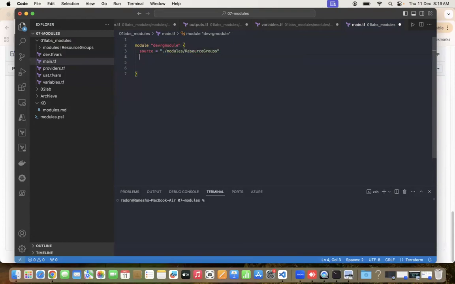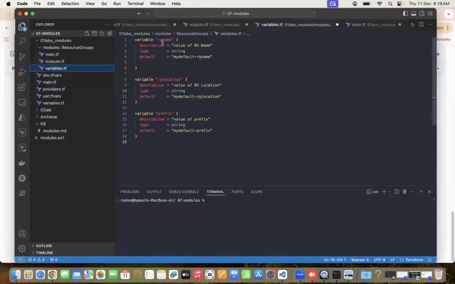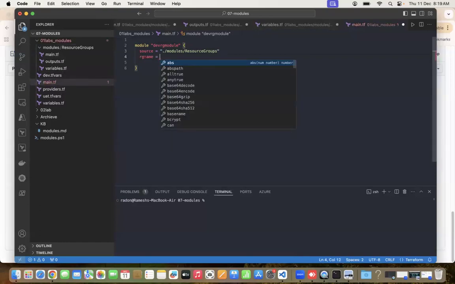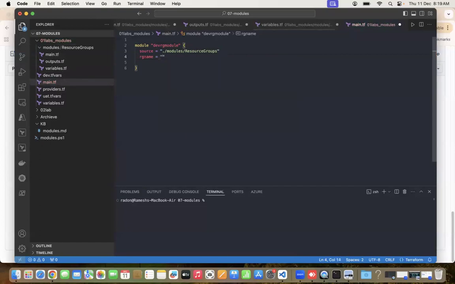I need to pass some variables also. I need to come and check what are the values I can pass to this resource group. Go ahead and see. So I can pass three variables: RG name, RG location, and prefix. Let me add RG name. The intellisense is showing the name also. RG name is, I'll say tech lines hyphen dev hyphen RG,